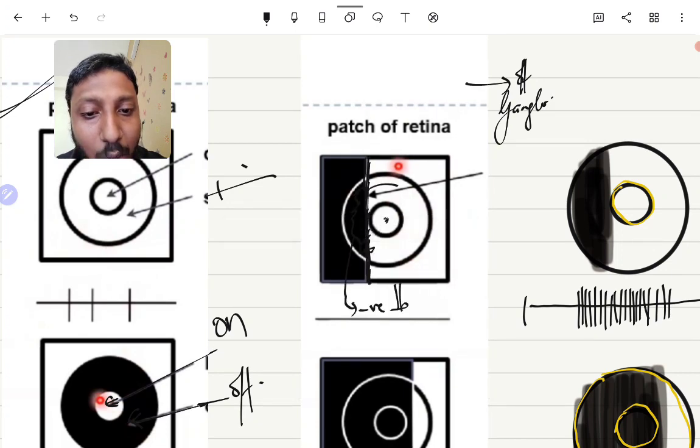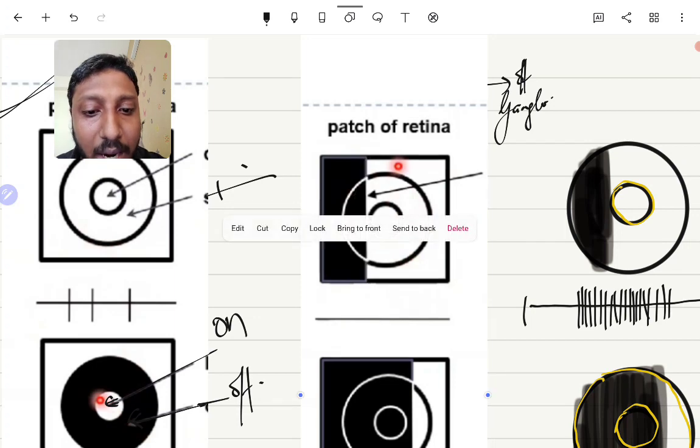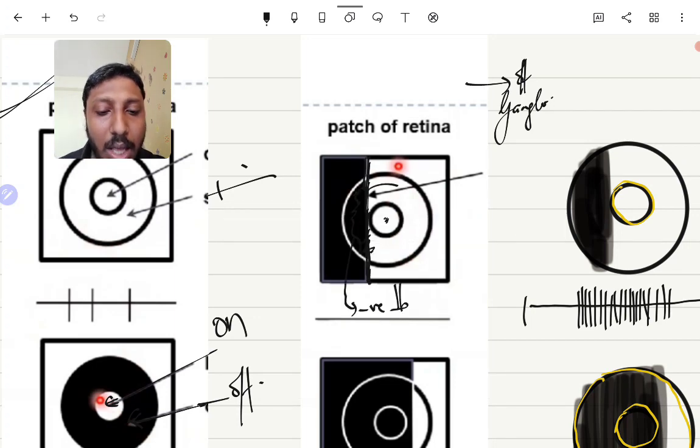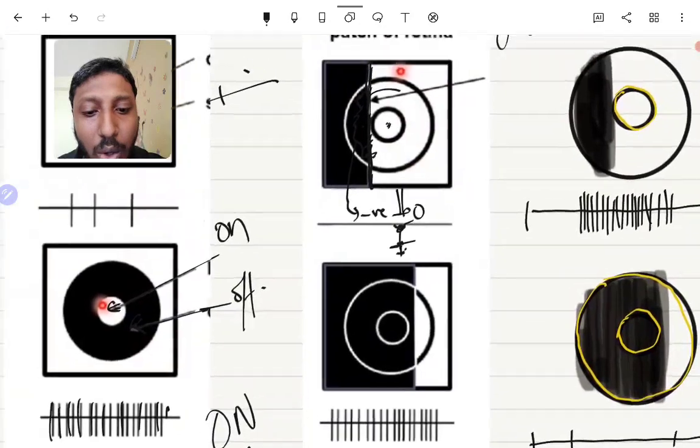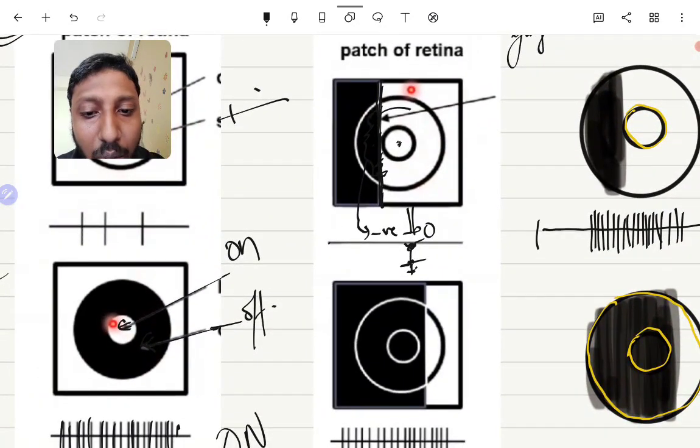So what will happen to the bipolar firing here? It will go down. There is no firing. It might have been firing like this, and then when this came about, it will stop firing.